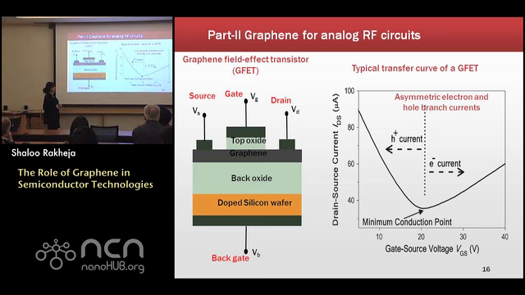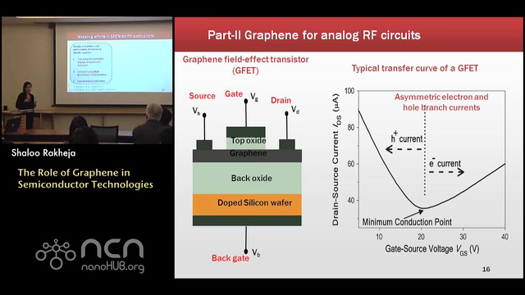Another feature that emerges from this particular plot is that you see that the electron and the hole branch currents are asymmetric. And this asymmetry arises typically because of the way the source and drain contacts couple to the electrons and holes in the graphene layer. They couple very, very differently. So if I want to simulate a frequency doubler circuit, the first point over here, coming from a circuits background, people would say, okay, where is the model file? Give me the model file. So we need to develop a compact model to explain the transistor characteristics.